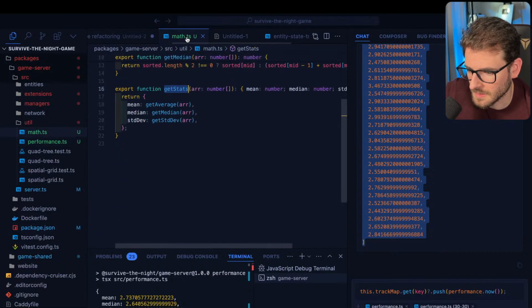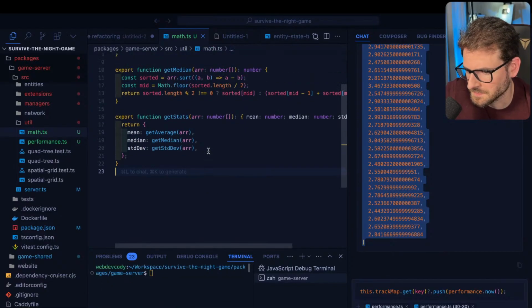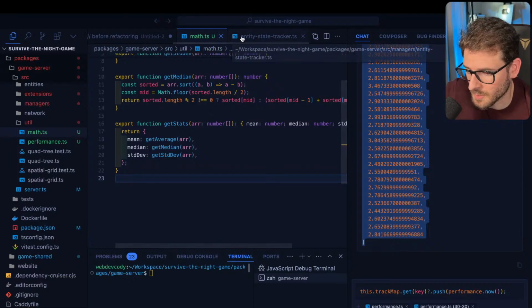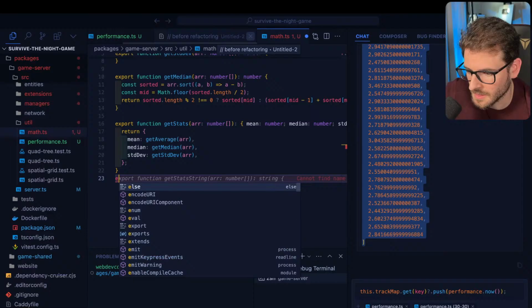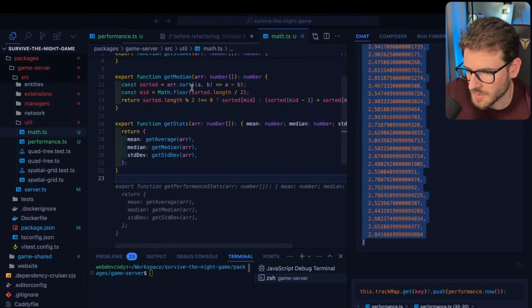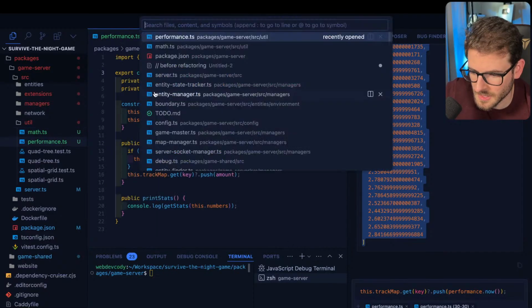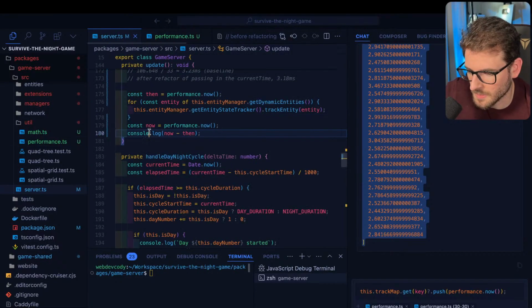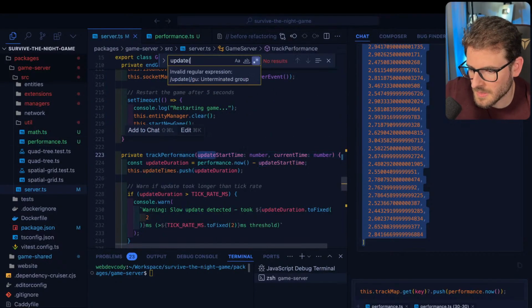And instead of having to call it on the command line and do all this other stuff I was doing, we basically just rewrote performance like a console.time, right? With some extra averages that print out, which could be kind of useful for debugging. So if we go back to the server and go back to the update method,